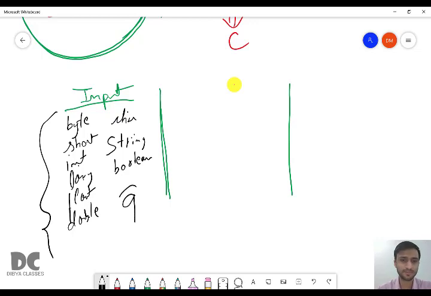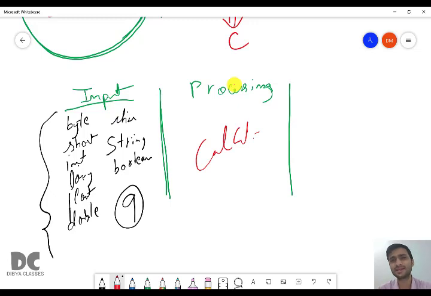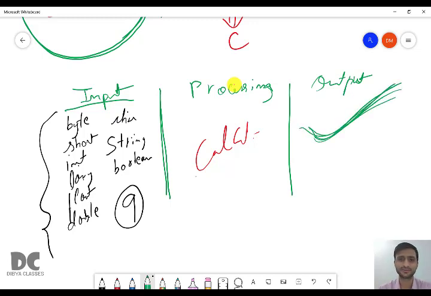Total 9 inputs. And what will be the processing? Here there is no processing actually, because we are not calculating anything. Processing is more about calculations. Okay, we are not calculating anything. So basically there is no processing here. We are just printing it. So there is just output here. So we'll print all the values we have inputted. The user will give the data, and now we just have to print it. In this program there is no processing, because processing is more about calculation. Here you are just taking input and giving the output.